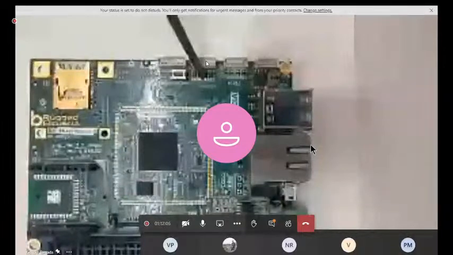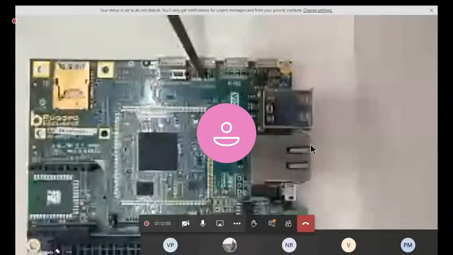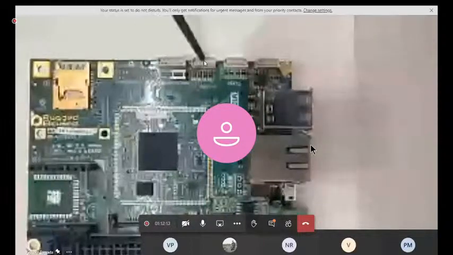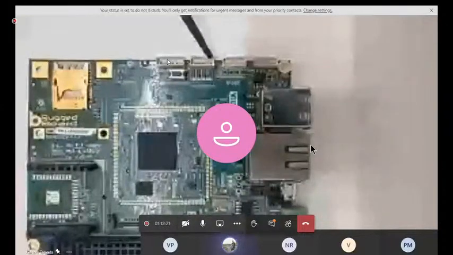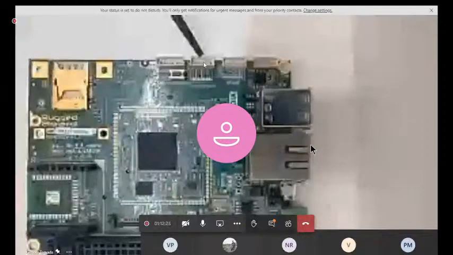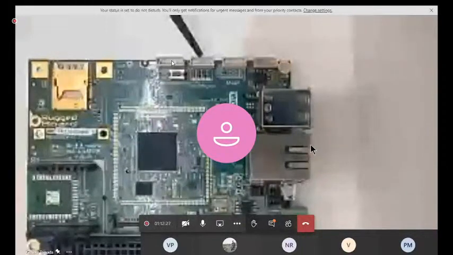For example, you can give 0 to 24 volts to be sensed or generated, basically. So this is a digital input, and then further you have a digital output. So there are 4 digital inputs and 4 digital outputs, basically.